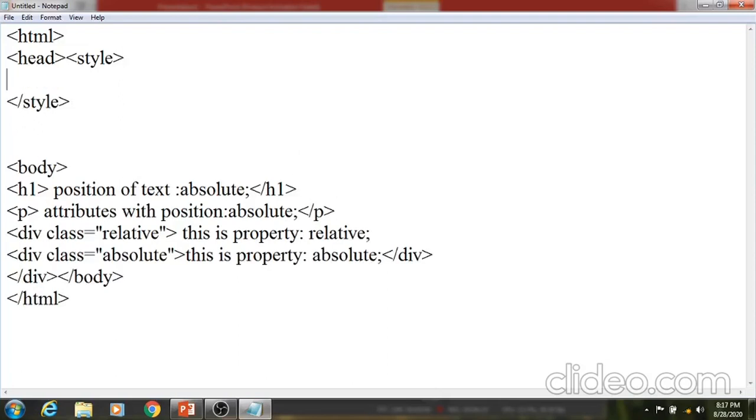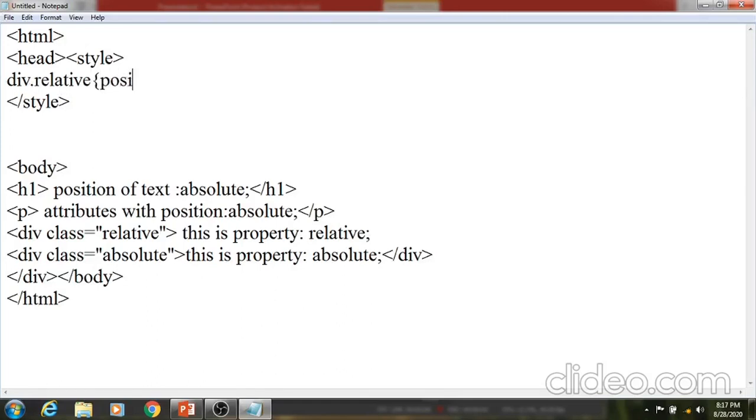Here we can have the properties for each class. I call the class name relative, followed by the dot operator, and we can group the properties.